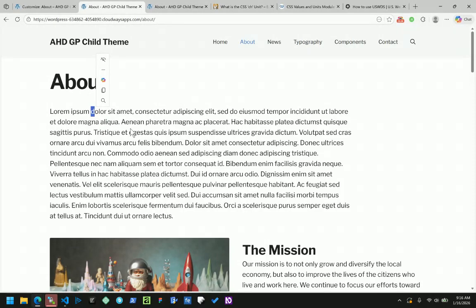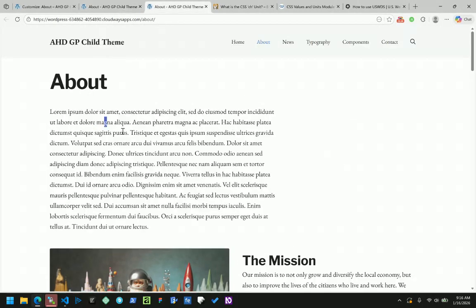So it has the appearance of less space, and here it has the appearance of a bit more space. Sometimes that's good, but the font does need to be bigger to read better, I think. But anyway,